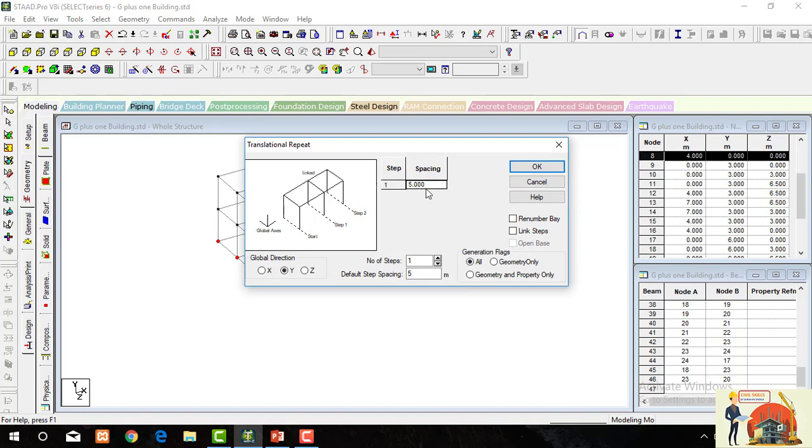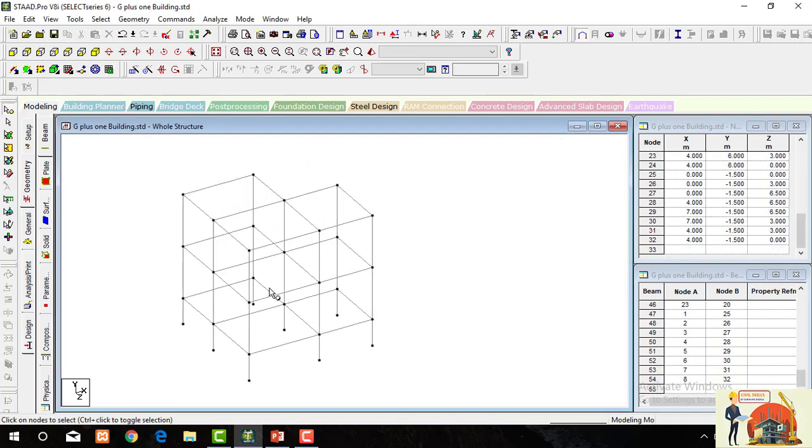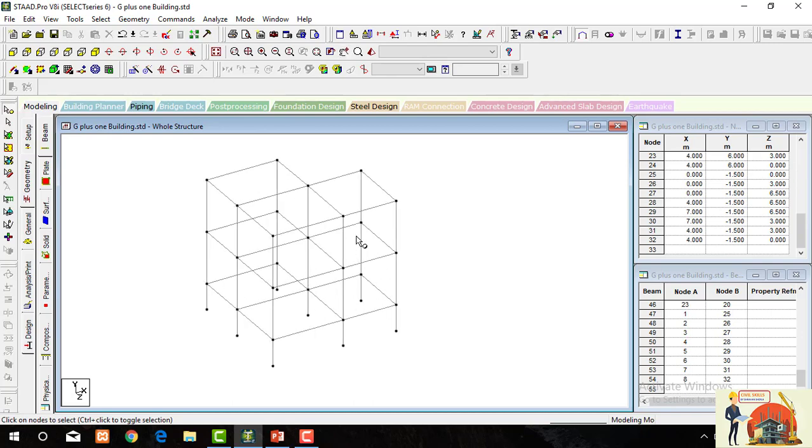We want to go in the downward direction, so enter a minus sign. Based on link steps. Now you can see all the geometry is created. Similarly, you can create geometry of whichever plan you want. These steps are similar, but you need some practice to draw the exact plan.